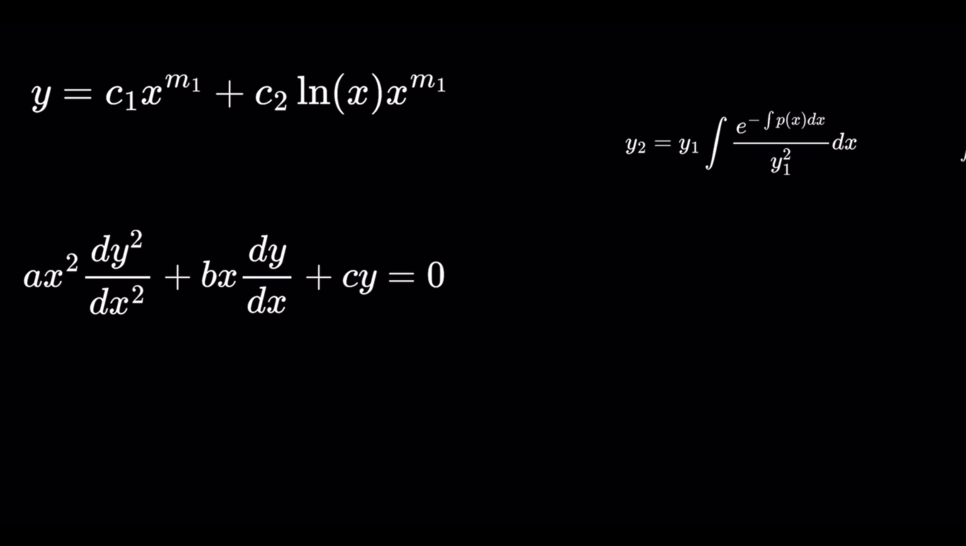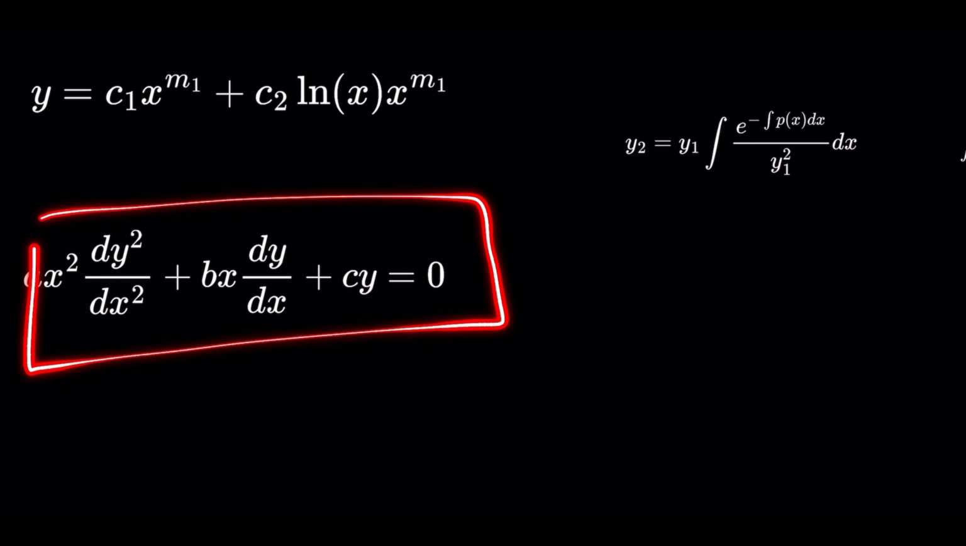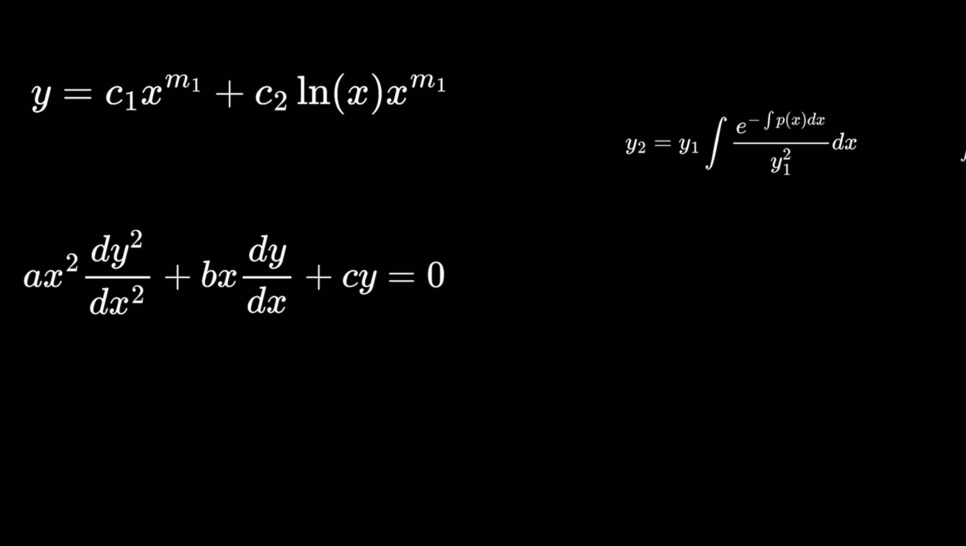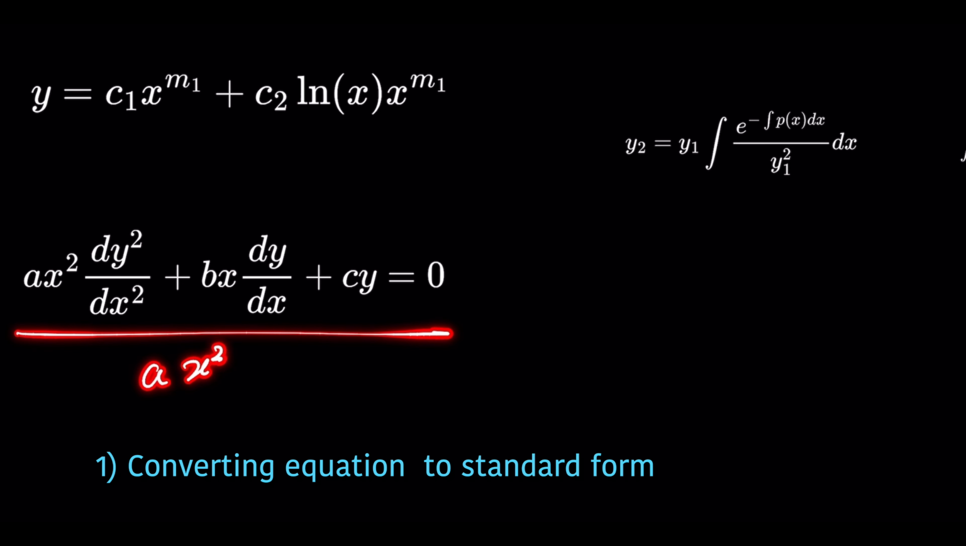But first, we need to find the value of p of x. P of x is the coefficient of the first derivative here, but the equation should be in the standard form. This means that the coefficient of the second derivative should be equal to 1. To do that, we are going to be dividing the entire equation with ax squared. So, dividing with ax squared on either side,